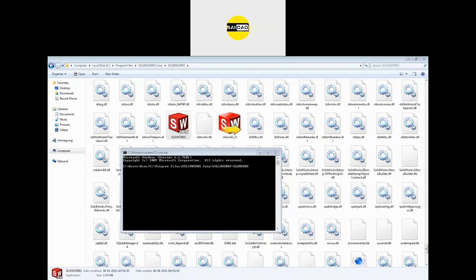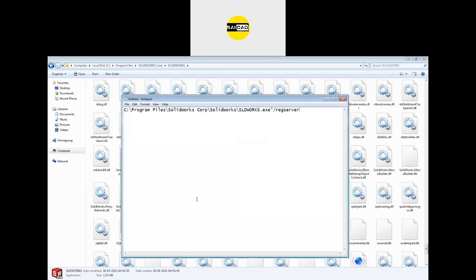Okay, so if I show you in the notepad, this will be the command. You can see that till now I have written SLDWORKS. This one is the path, and after that the format for the file is .exe.